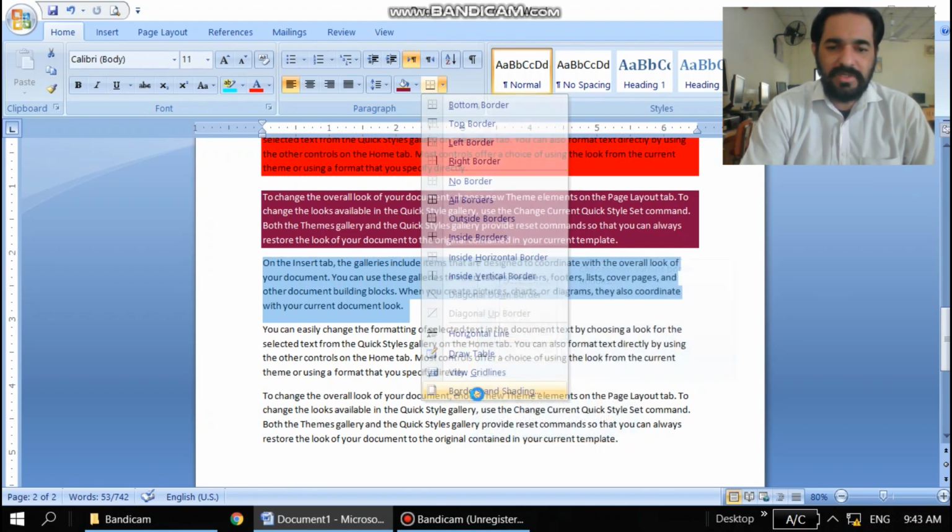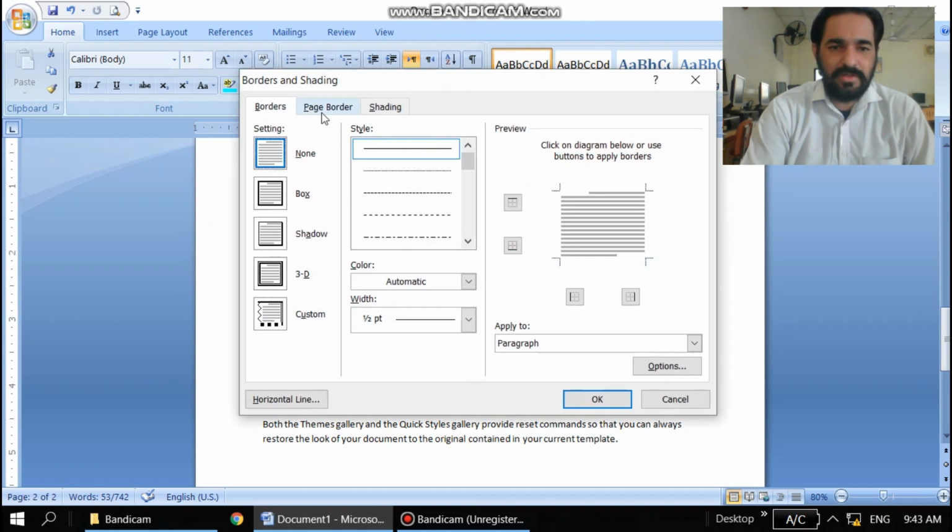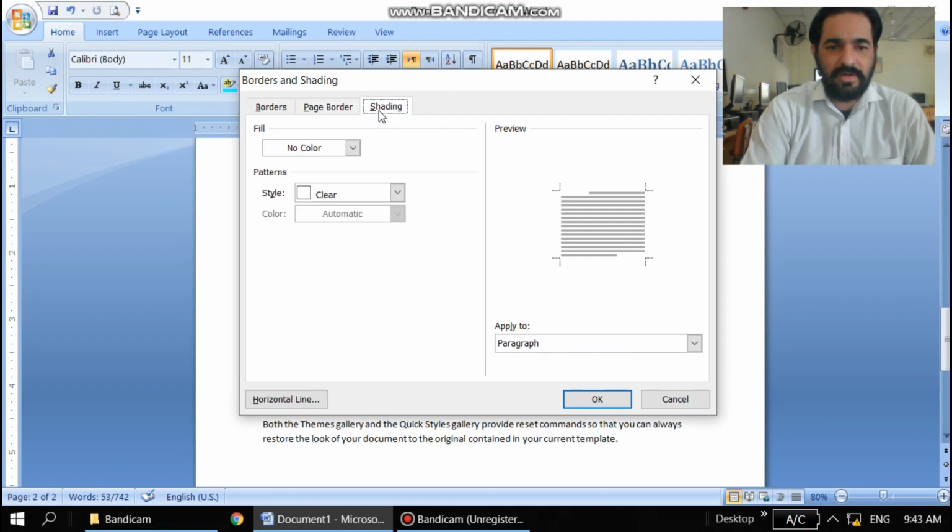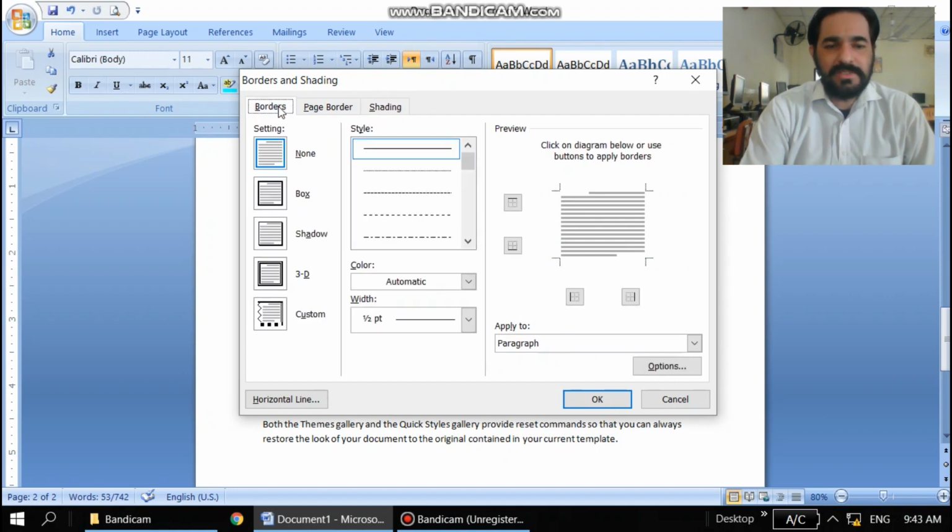Another option is there. When you click on that particular option, you can see different borders and shading options. Border options are there. None is there, box is there, shadow is there, 3D is there, then customize.